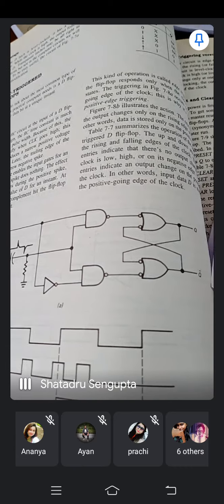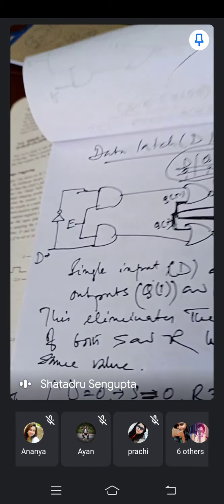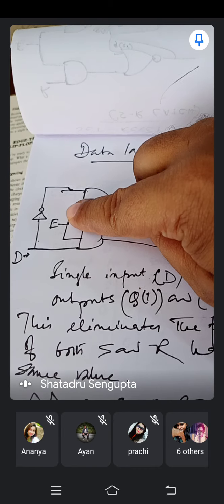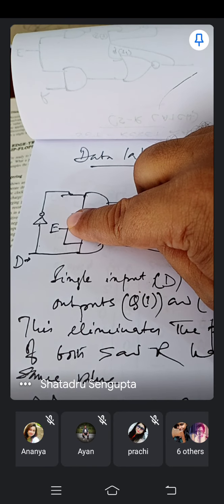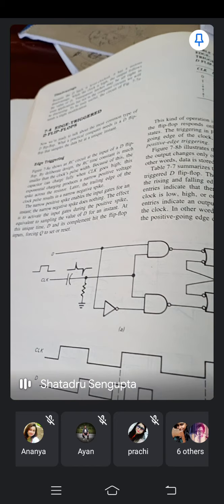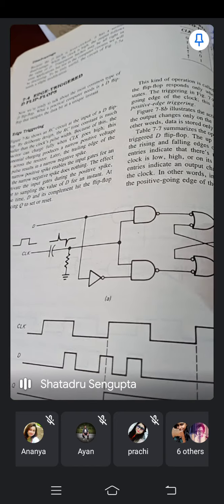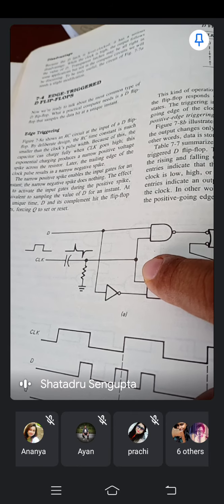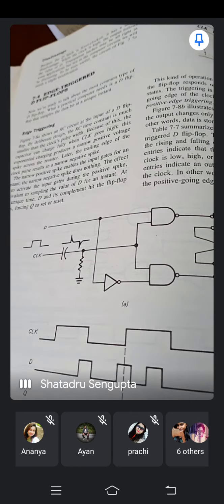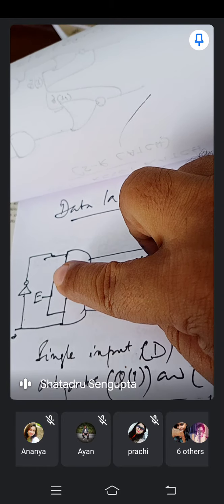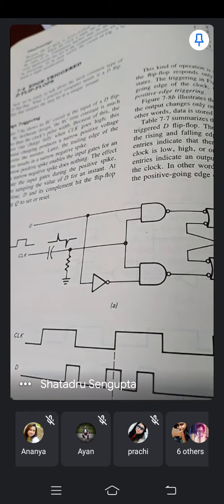Let's just have a look at the D latch. It was here, and in this case, we're providing it with, sorry, not the edge. I beg your pardon. This was not the edge. This was the level. The level was here. That is the enable signal. The level was here, but we are not using